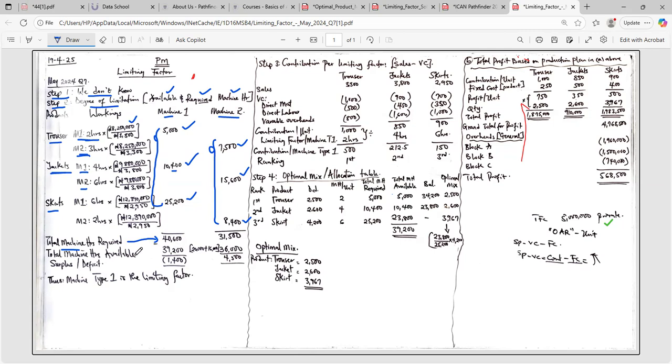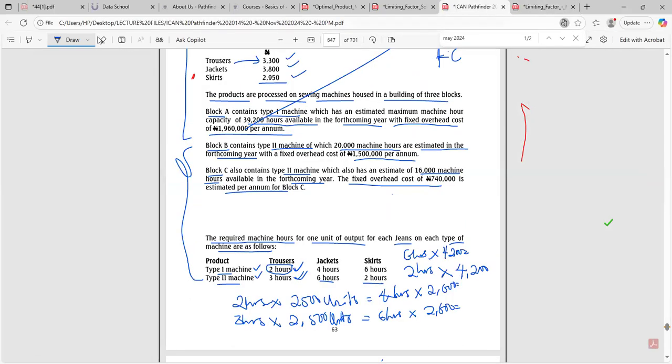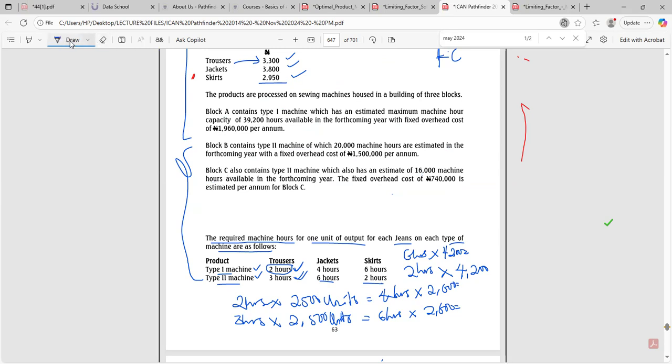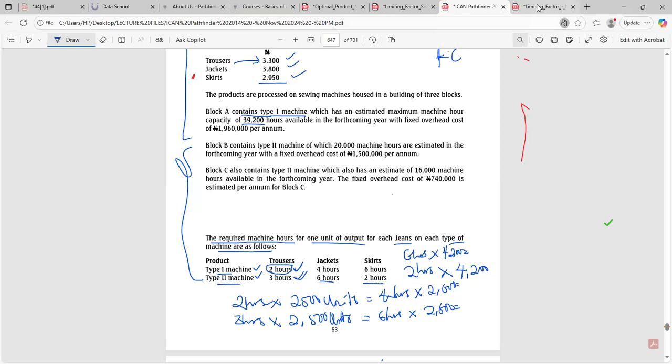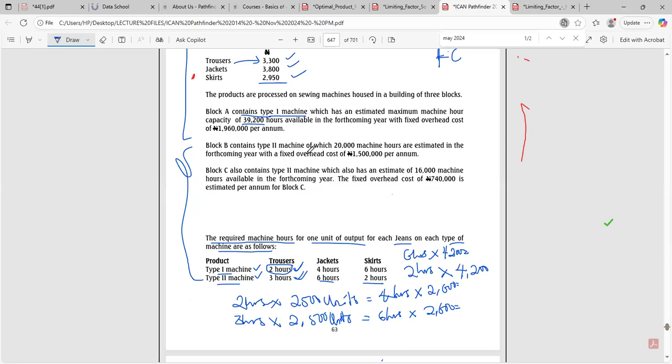So what about the total machine hours available? They've told us before, so let's go back to the question to check. Remember that this is 39,200 for machine type 1. That's 39,200 hours available, so that's what we used. Then what about machine type 2? We have one machine type 2 here, another machine type 2 here, so we'll combine both because they are still machine type 2. So we have 20,000 hours here,